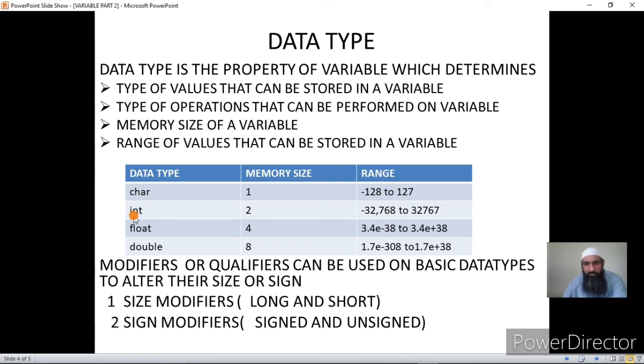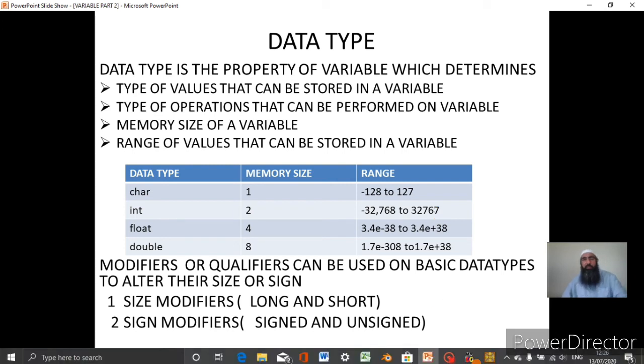Now integer variable has a range from -32768 to 32767. If you try to store a value which is smaller than this value, it will not be in a position to store that value properly. And if you try to store a value which is larger than this value, that is 32767, it will not be in a position to store that value.